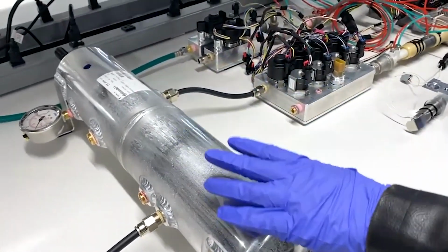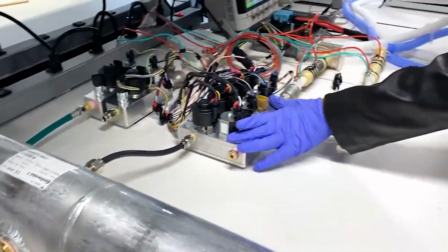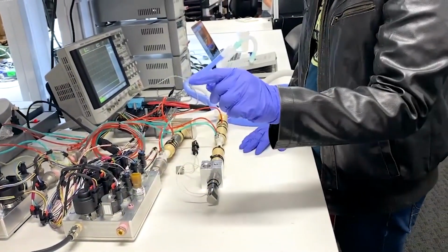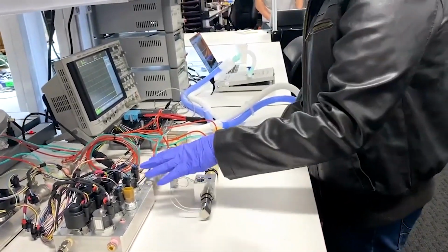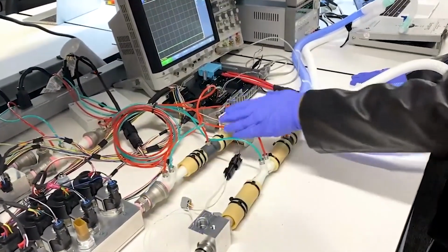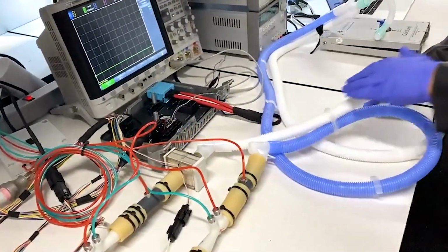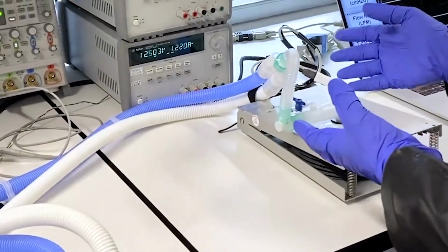This is where the oxygen and the air mix together, and then it passes through a valve body, which is used to create the waveforms, the pressure and the volume waveforms. Then the air coming out of this valve body goes through a bunch of sensors. So this is a flow rate sensor, this is the pressure sensor. It then goes through a filter and goes into the patient's lung, and then carbon dioxide is put into that